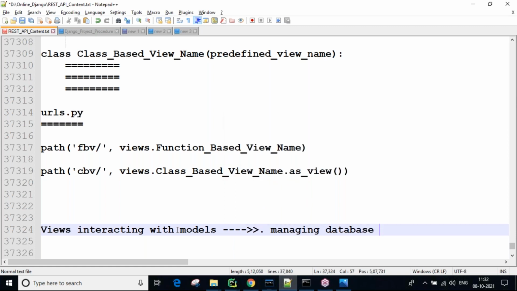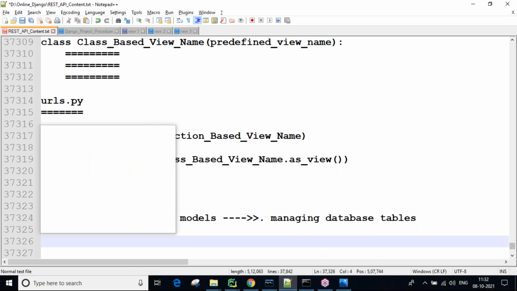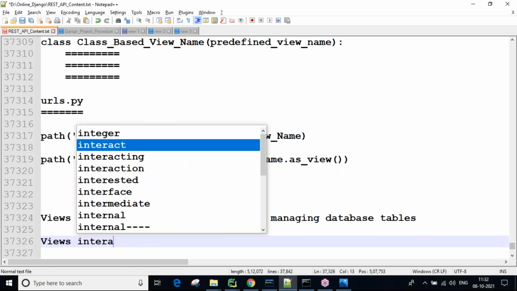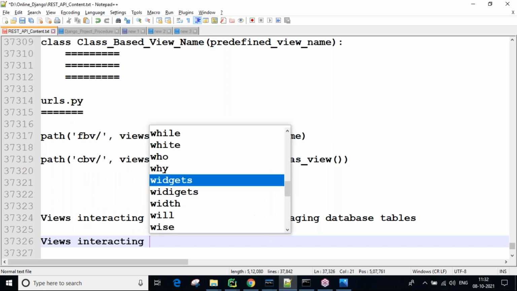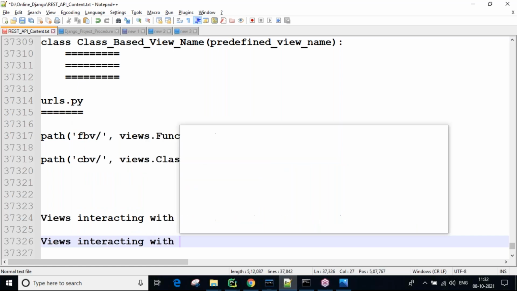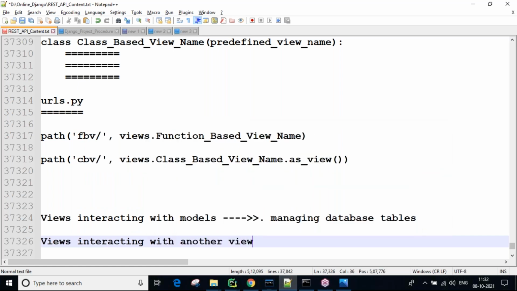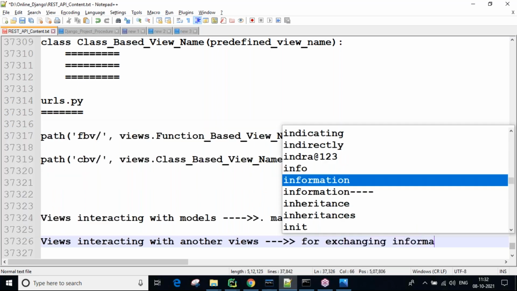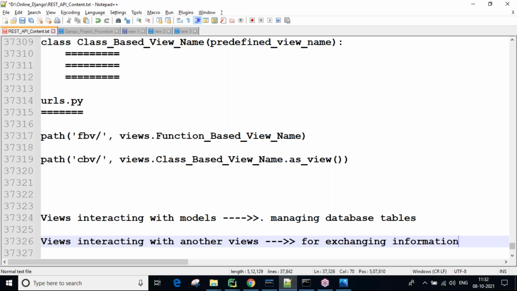And next, views interact with another views, for redirecting or for exchanging information.